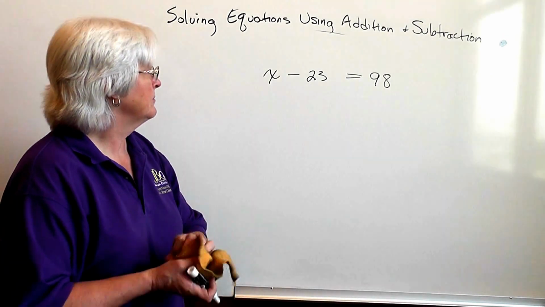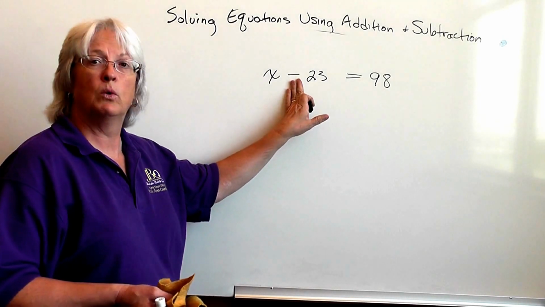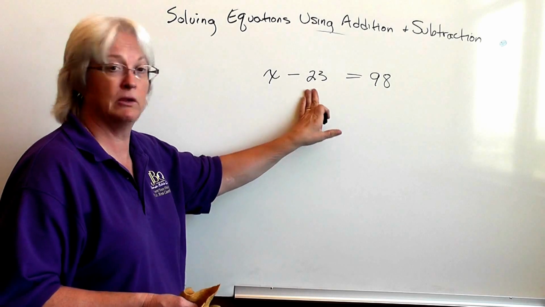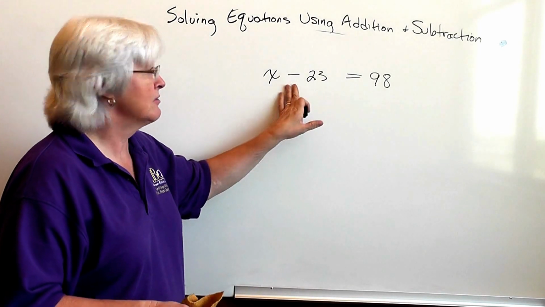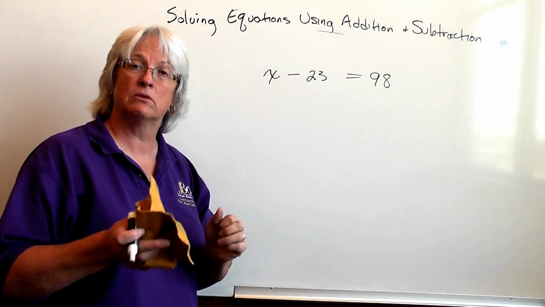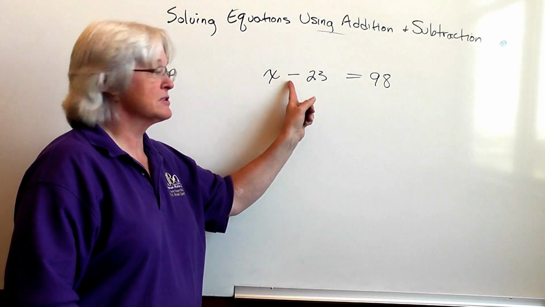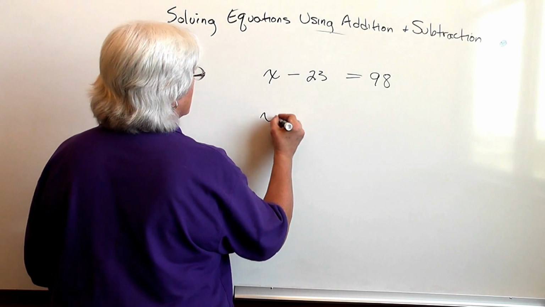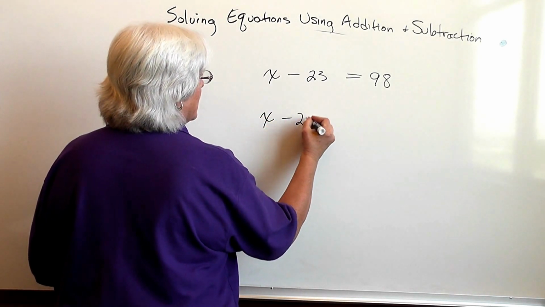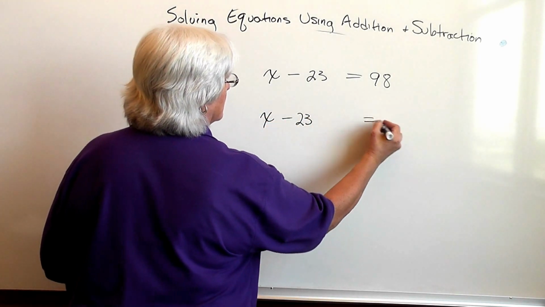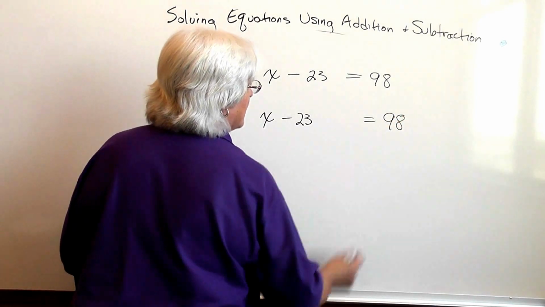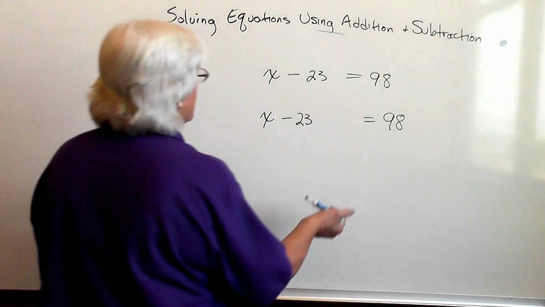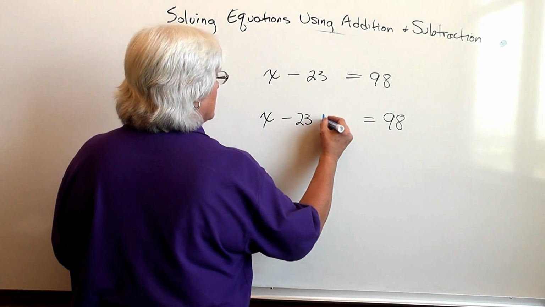What have we done here? Well, we've subtracted 23 pounds, or 23. We've subtracted 23 from this. What's the inverse operation? What undoes it? The opposite of subtraction is addition. So look what we can do. X minus 23. I'm just writing a little bit of space in here while I go get my other marker. X minus 23 plus